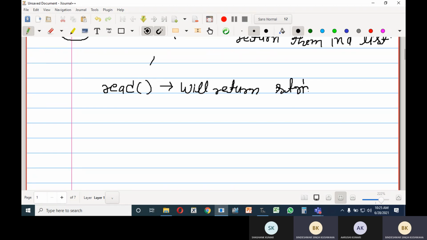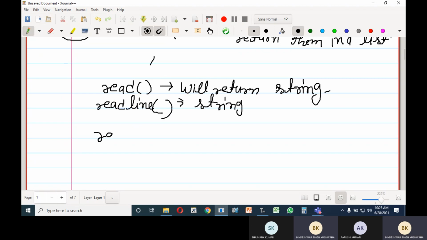I am going to write other methods. We know that read returns a string. I'm not going to write string here, sorry, readline.